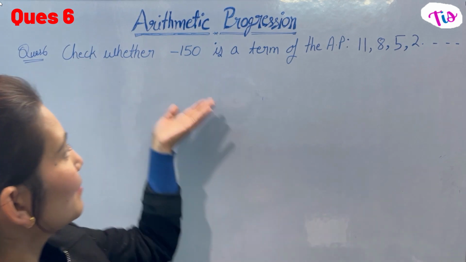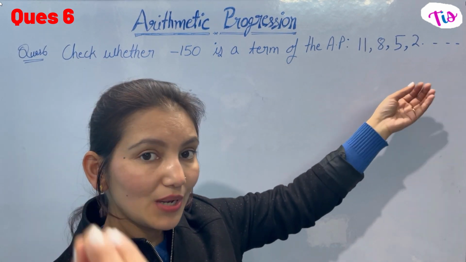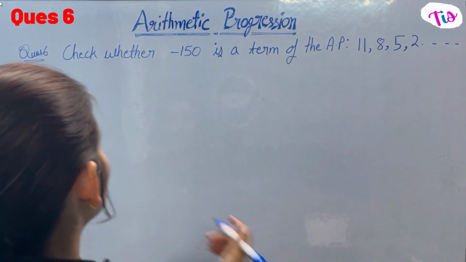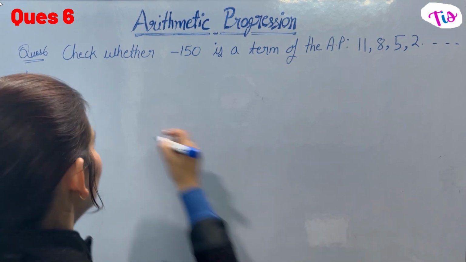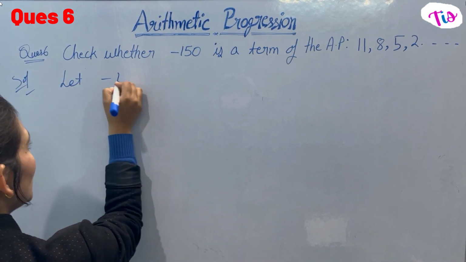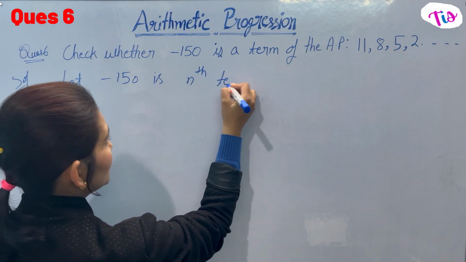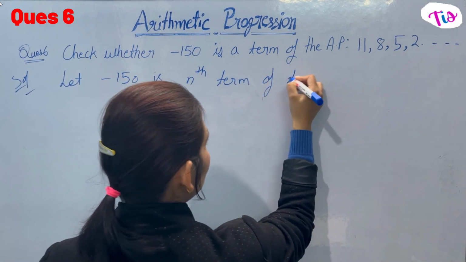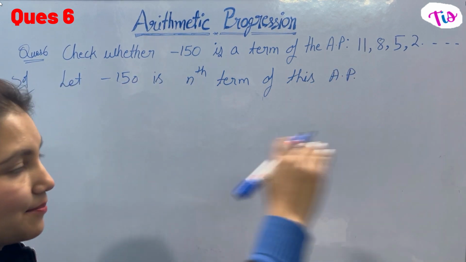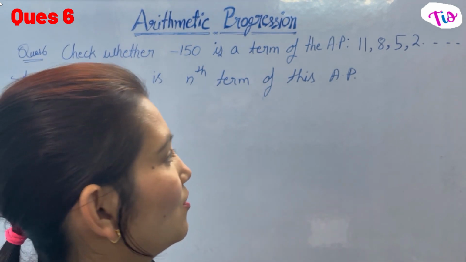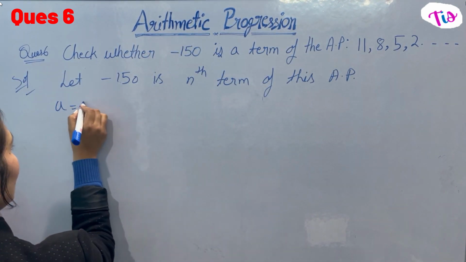So let's say minus 150 is a term of this AP, and we will assume it is the nth term of this AP. Let's say this term comes at nth place. So let minus 150 be the nth term of this AP. Now you need to analyze this AP once before you start solving it. In this AP, a is 11,